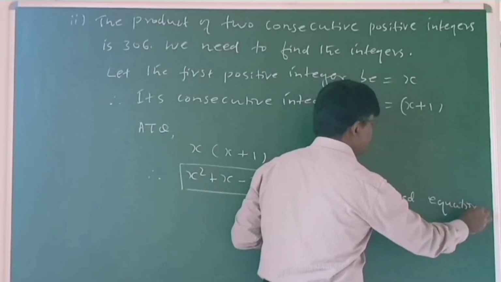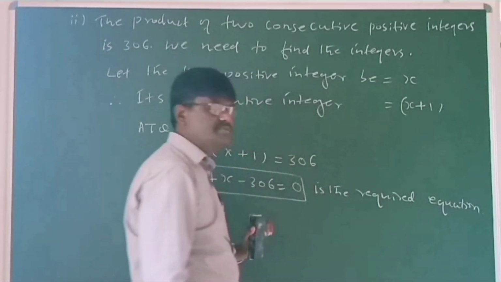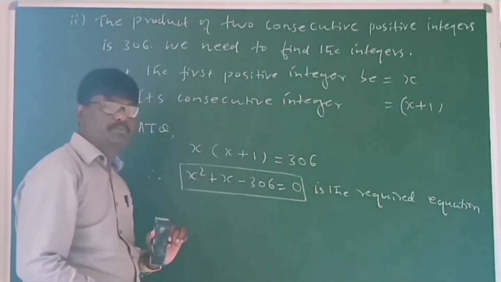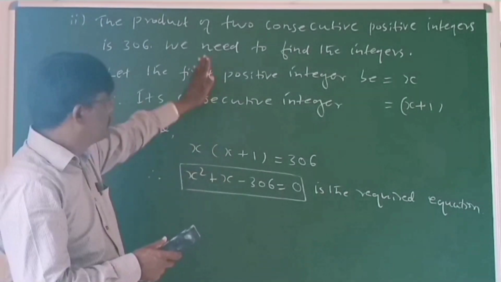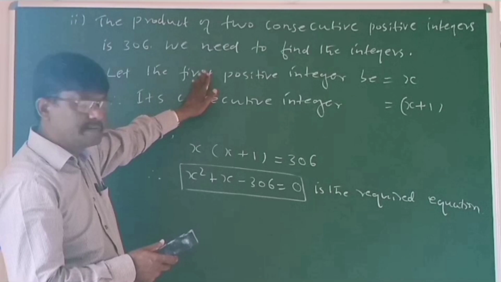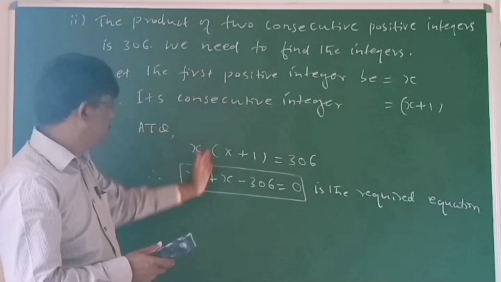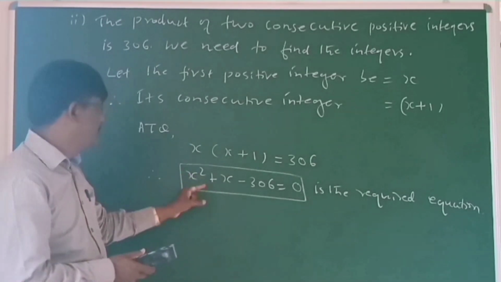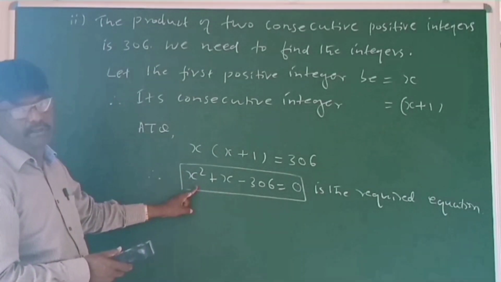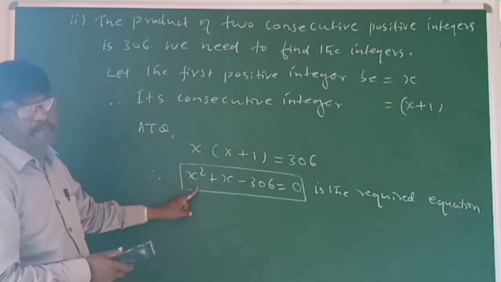See, children, each and every situation can be represented by different equations. Here, this type of equation means the situation can be expressed in the form of a quadratic equation. How do you justify quadratic? Whatever the degree of the variable is, it is 2. So this is what is expected from us.